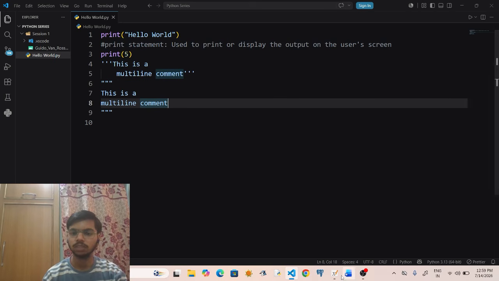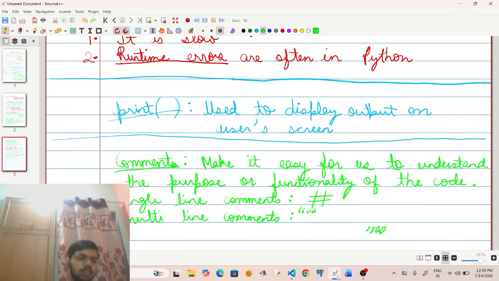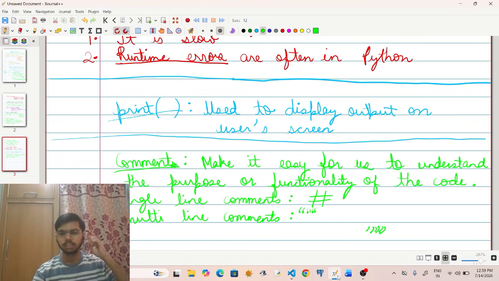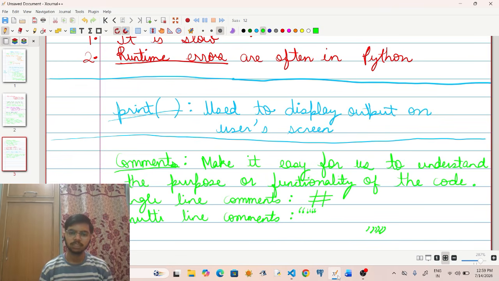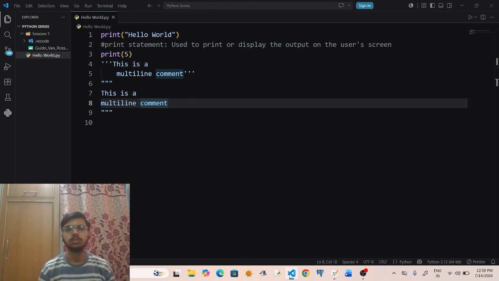Now, one thing you need to avoid while commenting is please do not comment obviously. Some things are very obvious and can be understood easily, and you do not have to comment that thing. Like in this case, I commented that this print statement is used to display the output on the user screen.